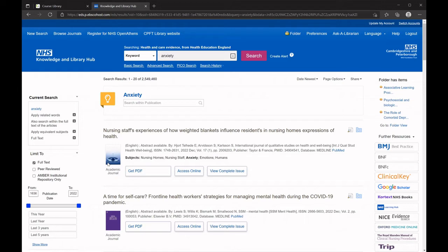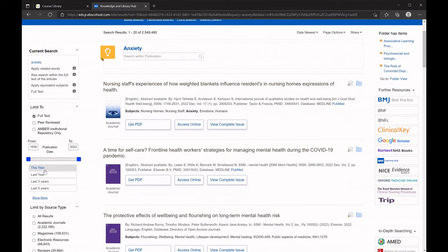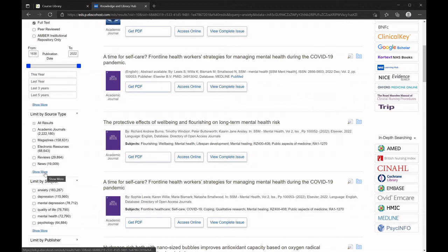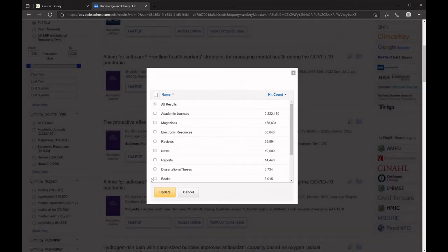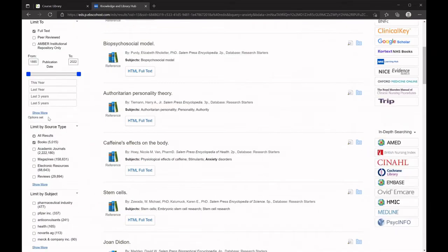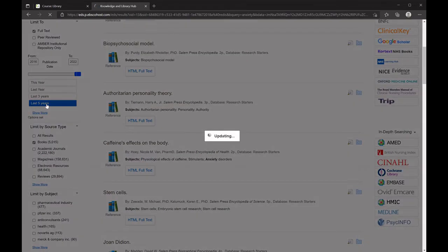and then all of the articles that I see in my search results here will just be articles that are immediately available to me. You can also limit by a number of other fields, so we could limit to just articles that have been peer-reviewed, we can limit by date, and we can also limit by areas such as resource type. So, for example, if I wanted to see what book chapters and books there are on anxiety that have been published in the last 5 years, I'd be able to limit by source type to books, and then limit by publication date to last 5 years,